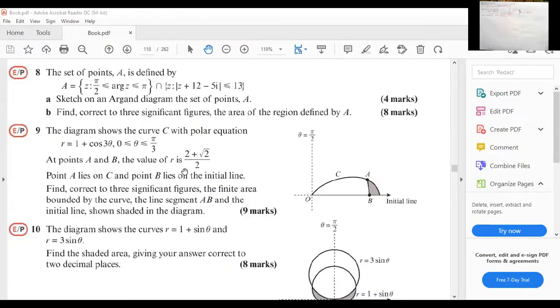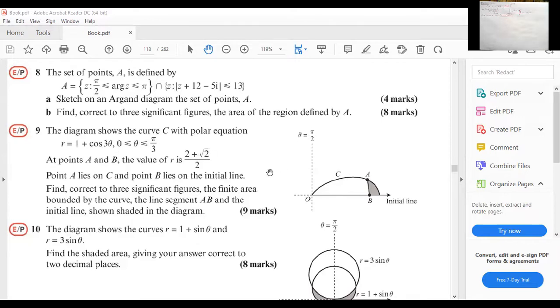The next question I've decided to do is question number 9 of exercise 5C. You can see the question in your Excel book. Those who do not have the book can pause and take a picture of the question. It says a diagram shows the curve, a curve with this polar equation,